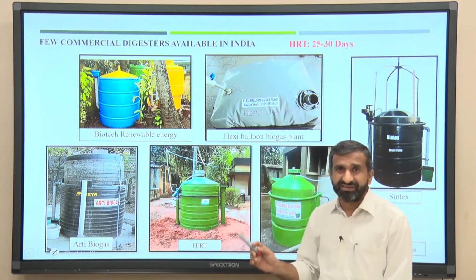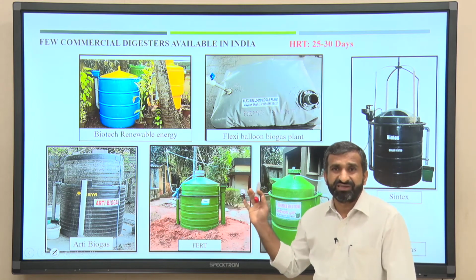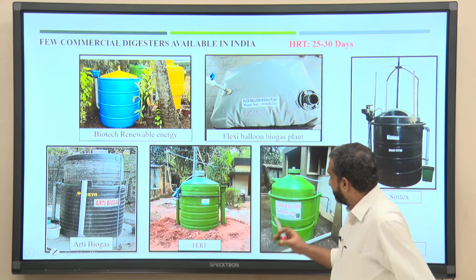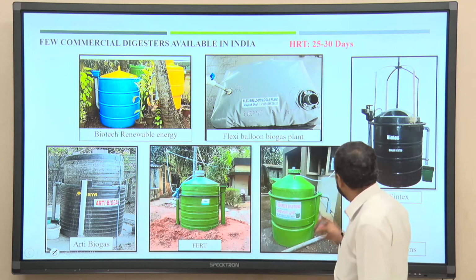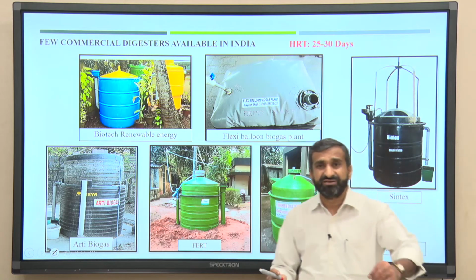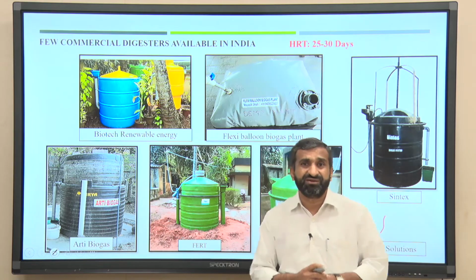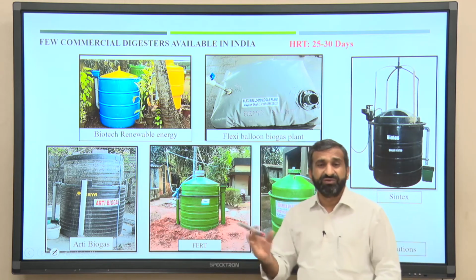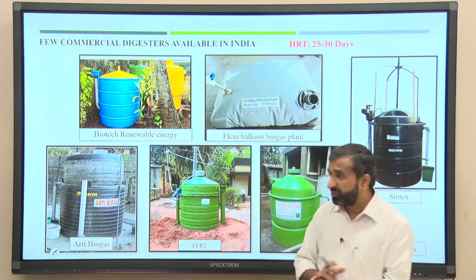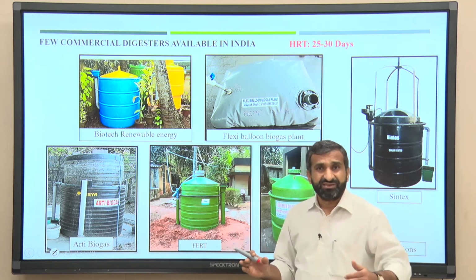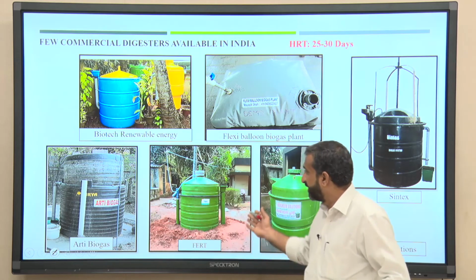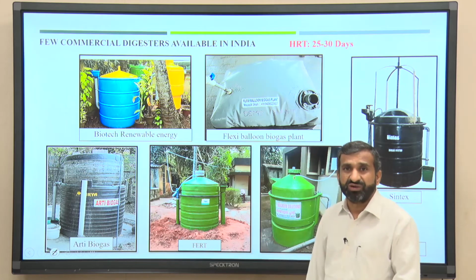But if you compare that with the reactor designed by IIT Guwahati, the ABBR, where HRT is only 10 days, it means the same kind of reactor as Syntex or Biotech, in a 1 meter cube of reactor, you will be able to feed only 2 kg or 5 kg of waste material in a day. But in ABBR you will be able to feed 20 kg or 25 kg of waste material. So, for community biogas units, the ABBR is more acceptable, and this kind of reactor you will be able to install at household level only.